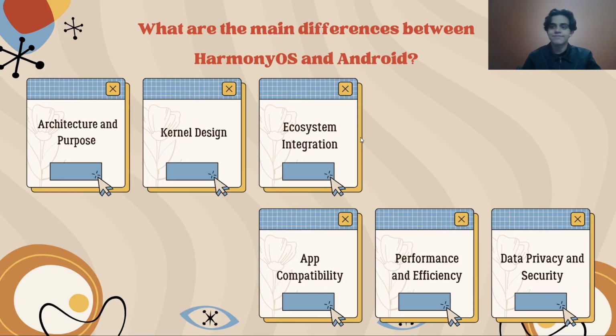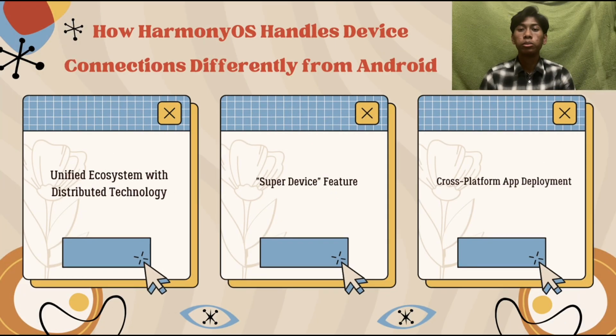That's all from me. And now I'm going to talk about how HarmonyOS handles device connections differently from Android and why this matters for users and developers. In the modern world, where we rely on multiple smart devices, a seamless ecosystem is essential. HarmonyOS introduced a new way for devices to communicate and share resources, unlike Android, which relies heavily on third-party apps